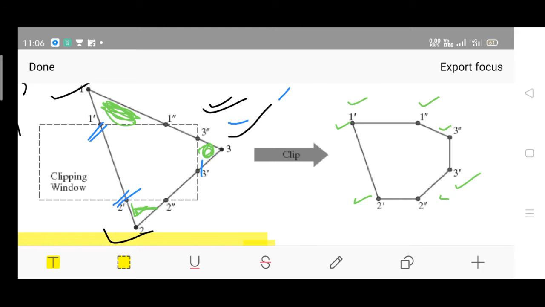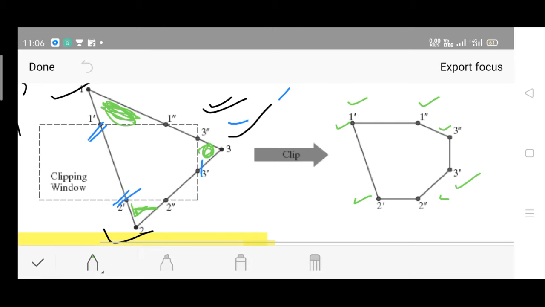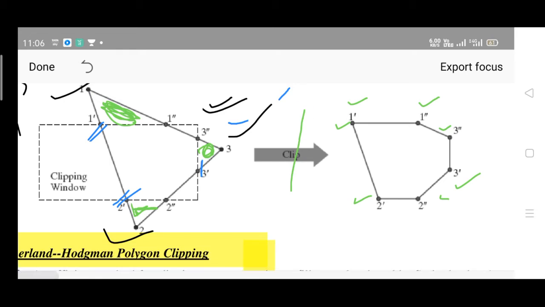Of course it is there in the previous example, but in the previous example all the endpoints were kept outside. You can take one of the endpoints as inside, right? Instead of drawing 3 there, you can consider that 3 somewhere over here. In that case how does it look? It looks like this, right? This particular portion will remain as it is, no need to clip off anything, right? Fine.